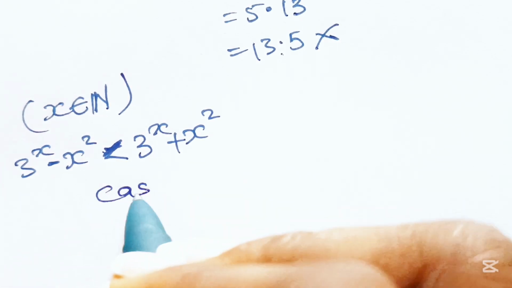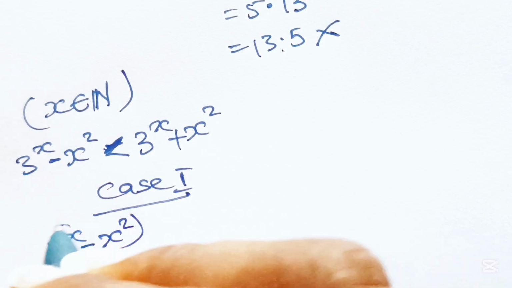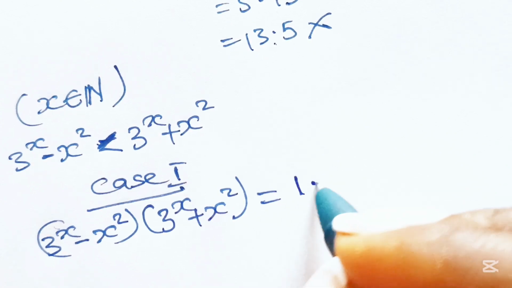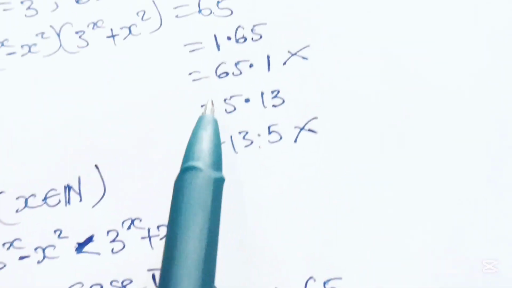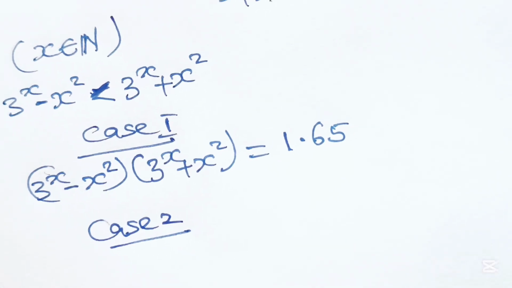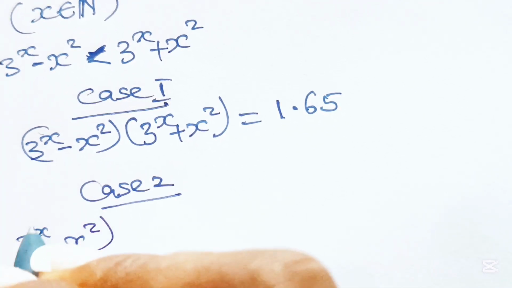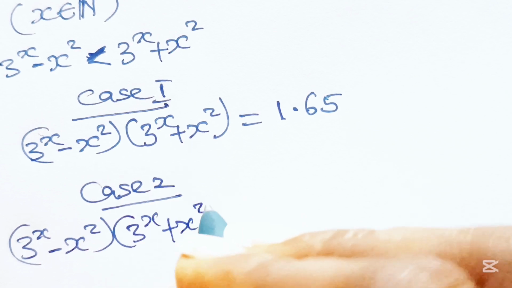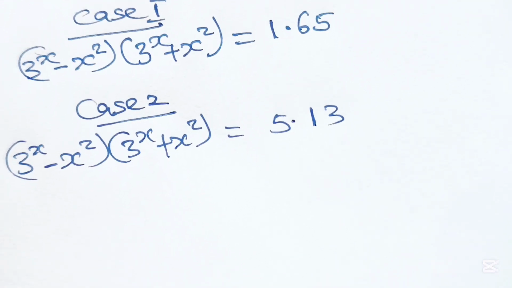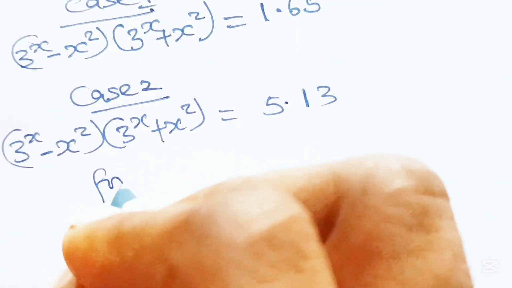Okay, so case 1 is that 3 to the power of x minus x squared multiplied by 3 to the power of x plus x squared is equal to 1 multiplied by 65. That is for this. Okay, now second case, that is case 2, is that 3 to the power of x minus x squared multiplied by 3 to the power of x plus x squared is equal to 5 multiplied by 13. Now we are going to solve case 1 and then solve case 2 and get the value of x from them. Okay, so for case 1,